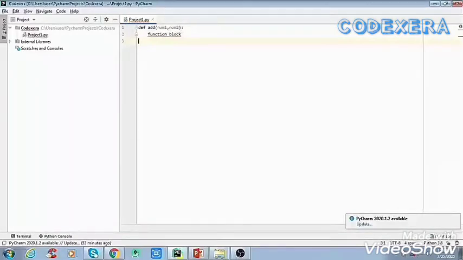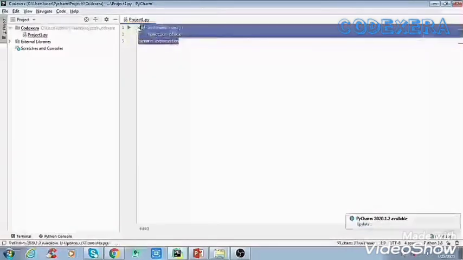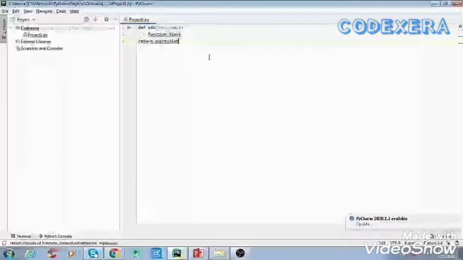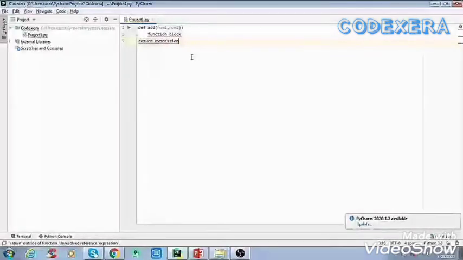After that here we'll write a return expression. So this is the syntax for our user defined function.